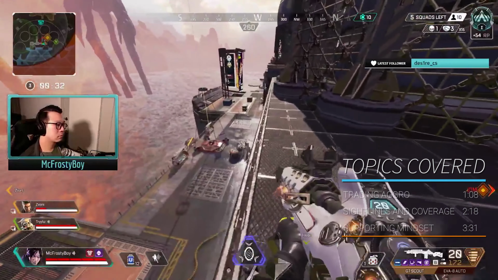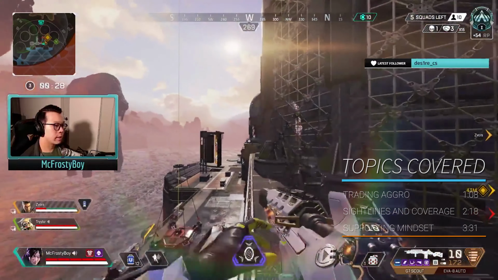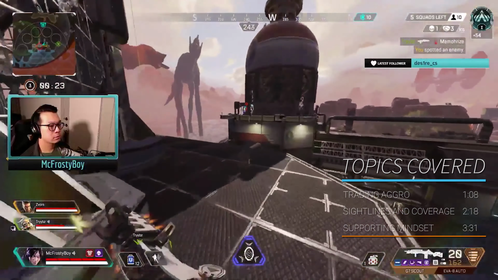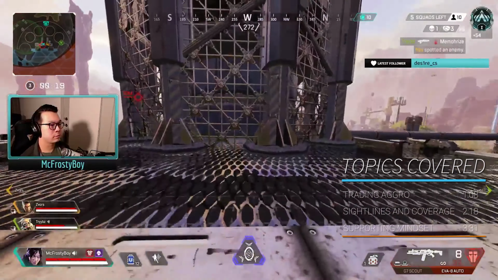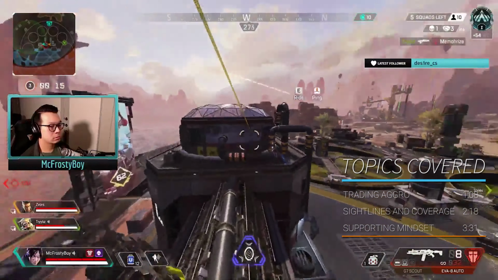I deal big damage to the Bloodhound's HP. Meanwhile, my teammates engage the enemies below. I hear them down an enemy, and I know that the layout of this building makes it easy for enemies to put a lot of doors between themselves and my team, making it hard for my teammates to successfully clean up this fight. I keep the height to make sure the Bloodhound isn't trying to run a heal up here